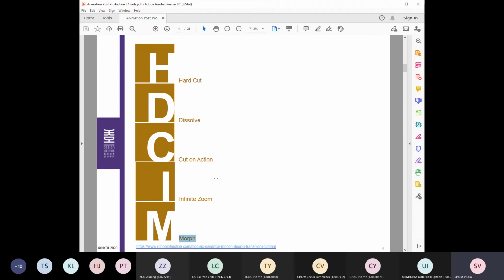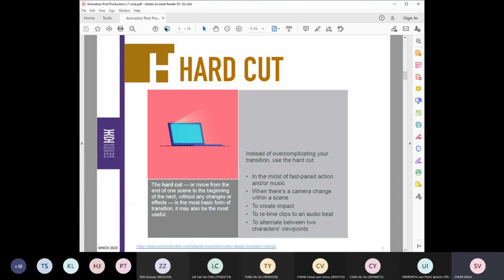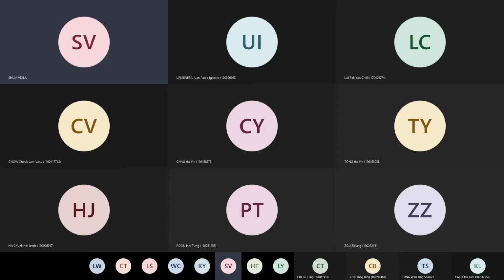For a lot of feature animation, they are using a lot of this kind of morphing to do their end credit, okay? So let me explain it one by one about the end credit transitions here, okay。